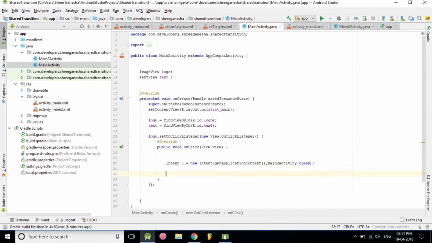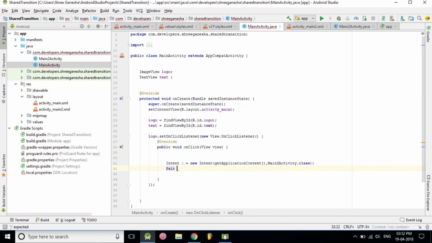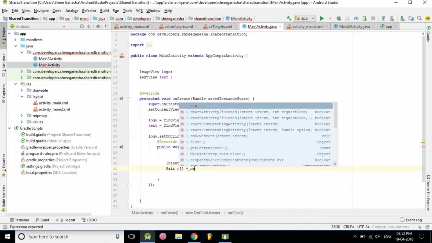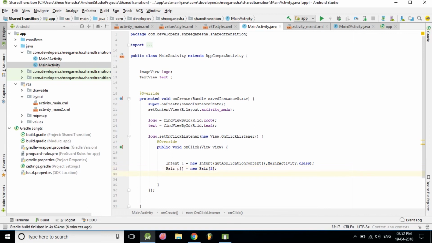And for this intent, what we required is an activity options, so we can apply the share transition. For that we required a pair, so I am creating a pair array in which the size of the array I am keeping as 2. And let's initiate this